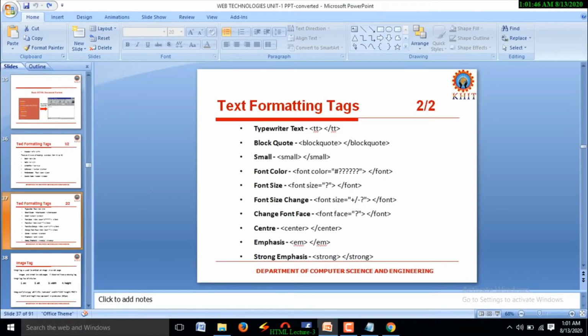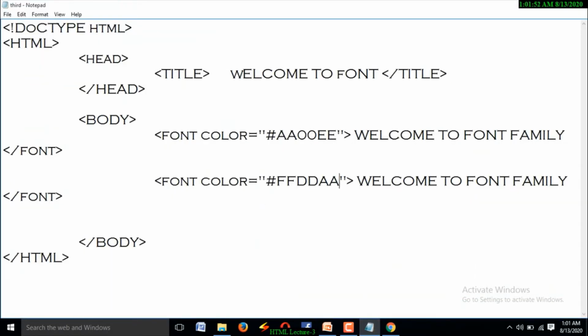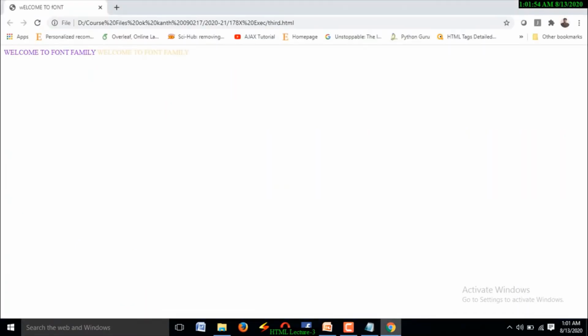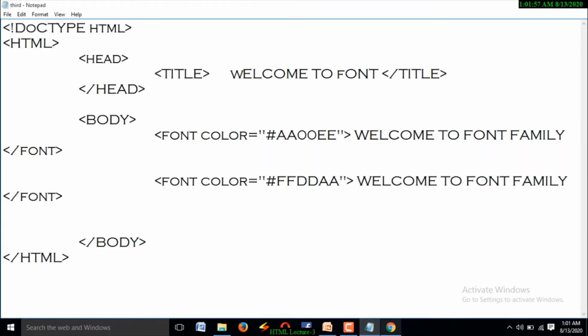Coming to the next one, that is the font size. See, if you execute this HTML document, you are going to get a web page like this. In this example, both "welcome to font family" texts are in the same size.